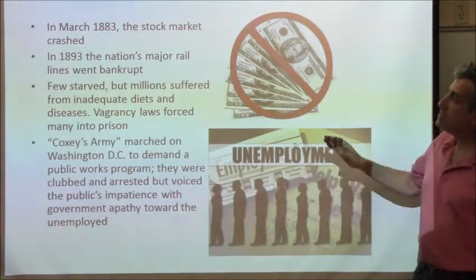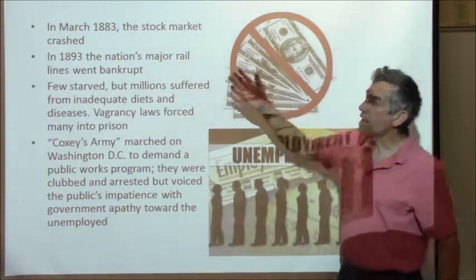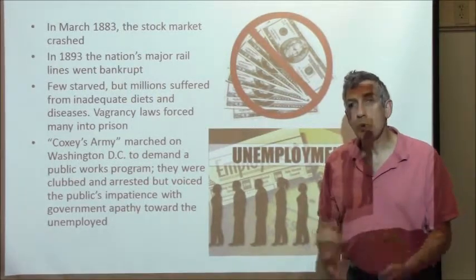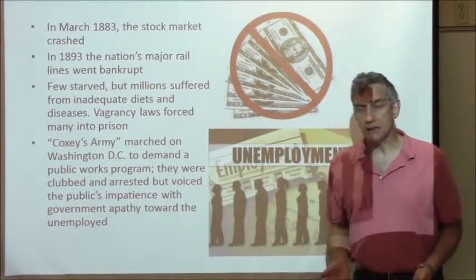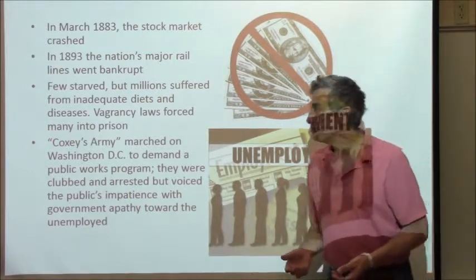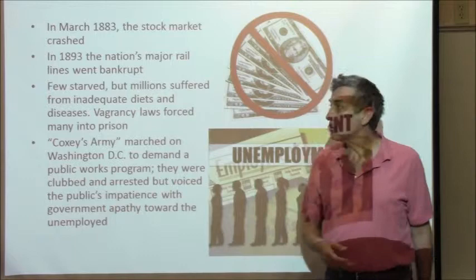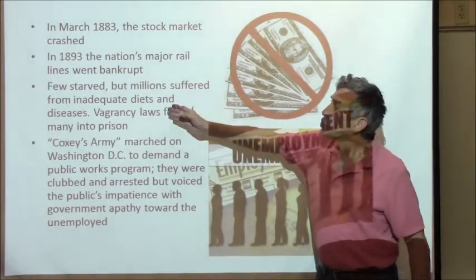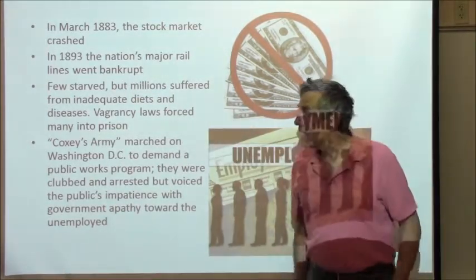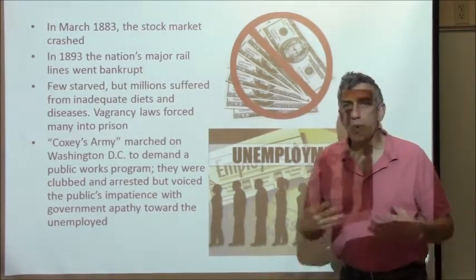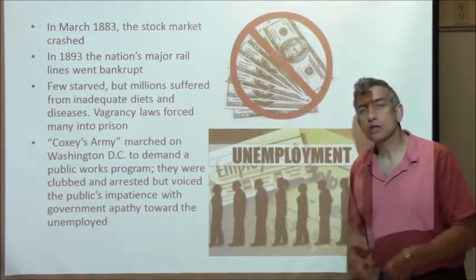Anyway, in 1893, the nation's major rail lines went bankrupt. They went bankrupt because they keep lowering rates more, and they're deeply in debt to the banking system. Well, when the nation's rails go bankrupt, they have to lay off a lot of workers. During this recession, if you like, it's not that we have a lot of starvation, but we have a lot of suffering in the United States, a lot of poor people in the United States, and they want jobs,